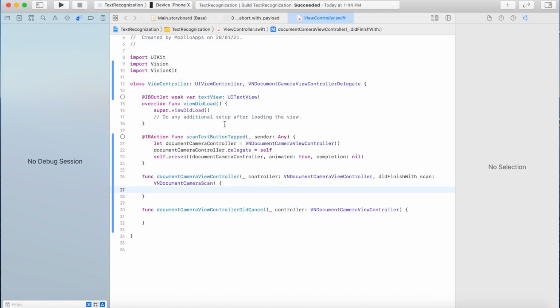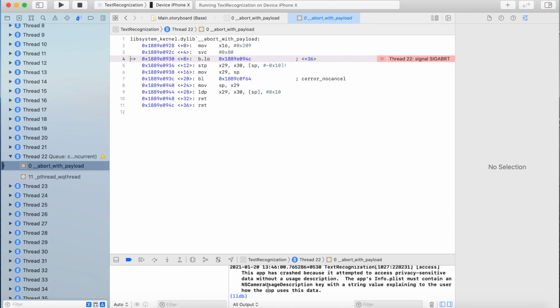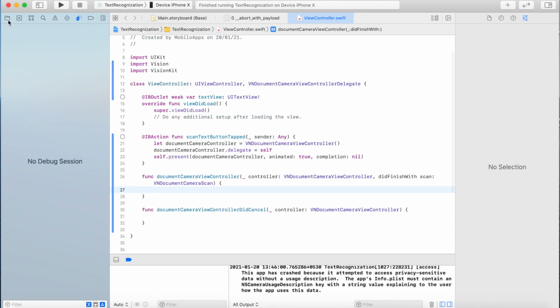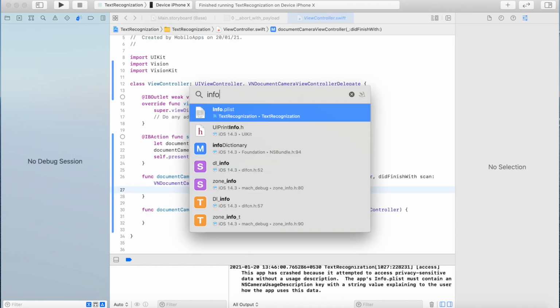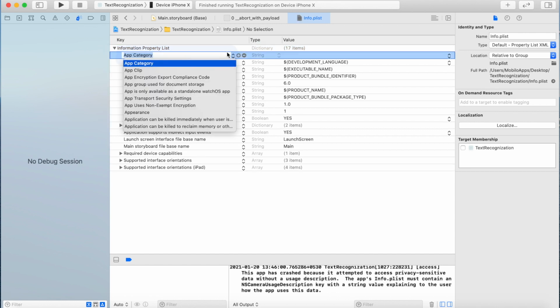And we need a device to run and see, because we are using the camera, so we cannot test in the simulator. We need the device. So the app is crashing and it says it crashed because it attempted to access privacy sensitive information. This is because we are using the camera.